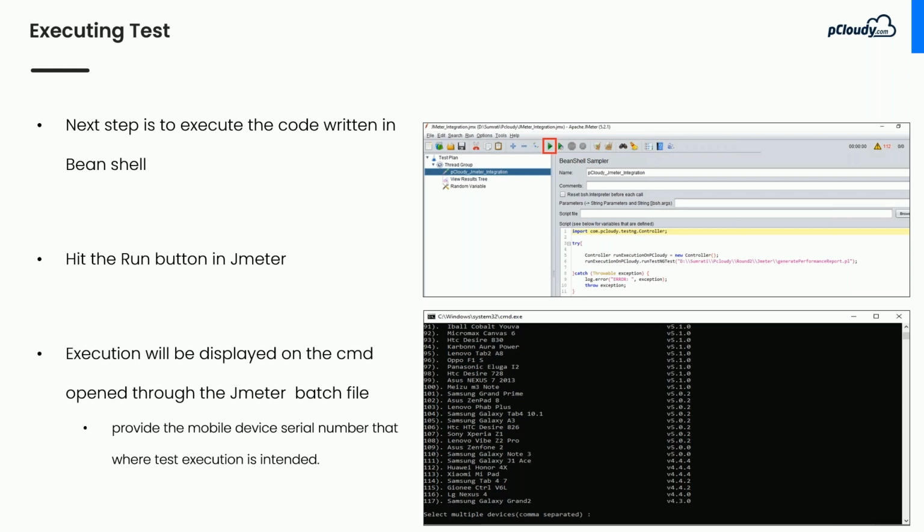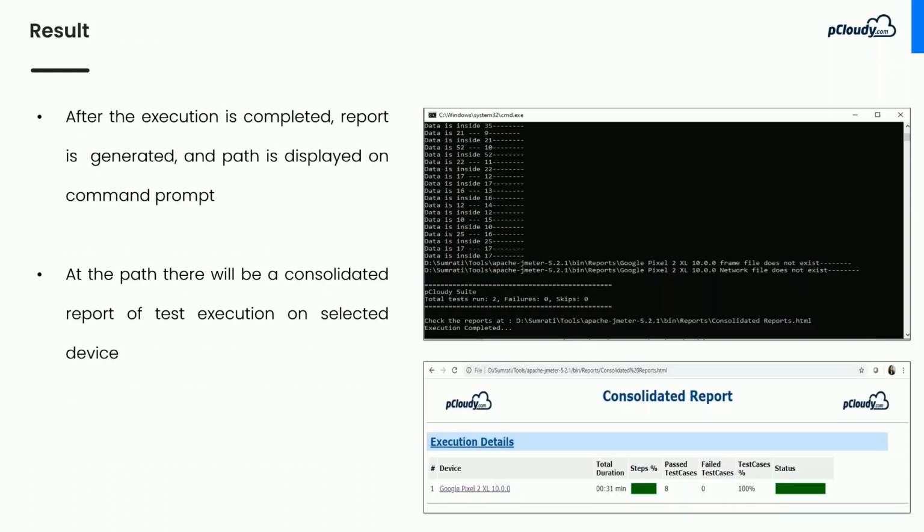Now, the user can select multiple devices or one device at a time. Upon selection, that particular test will be executed on these devices. I have executed the test after selection of the devices. In the snippets, you can see that my execution has been completed.